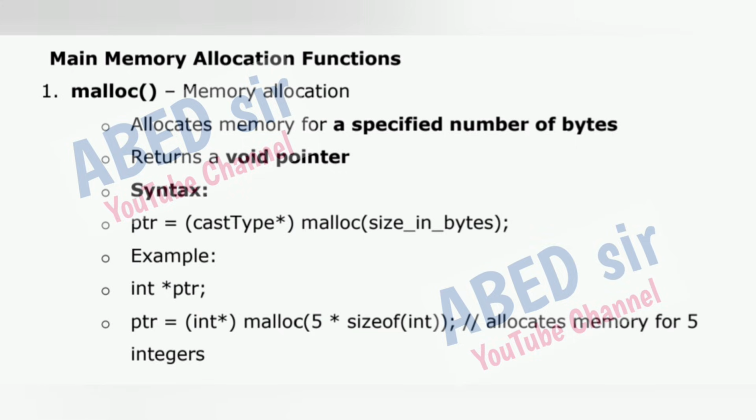Main memory allocation functions. 1. malloc, memory allocation. Allocates memory for a specified number of bytes. Returns a void pointer. Syntax: ptr = (cast_type *) malloc(size_in_bytes);